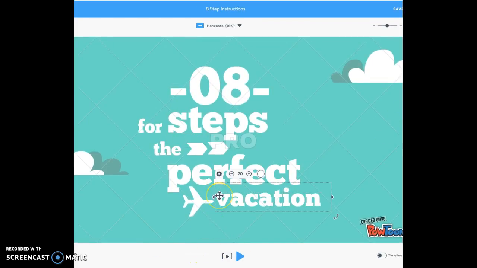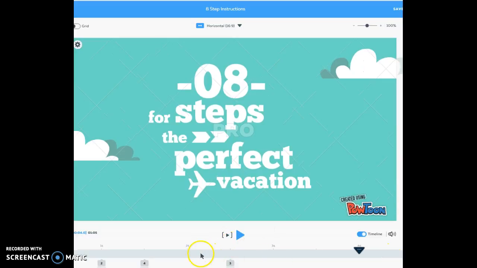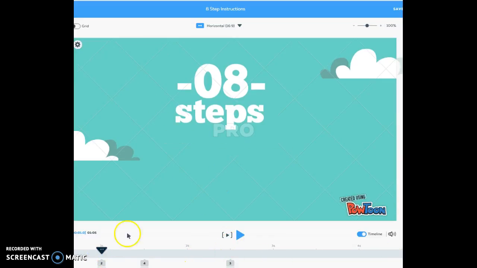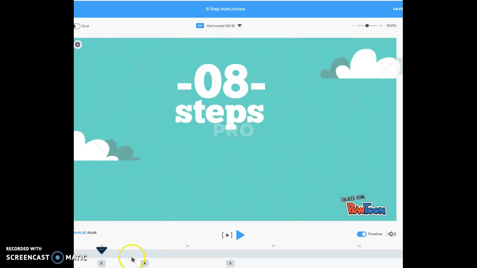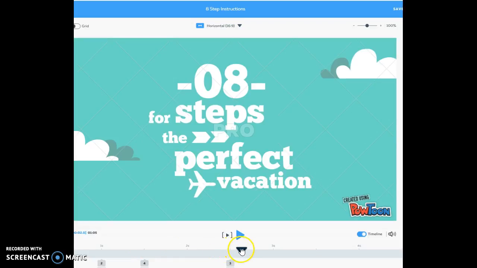And when editing things, let's see. So this timeline down here is like a godsend. You have to add things in your Powtoon at different points. So like you'll see here at however many seconds, this little box represents something popping up. And then you keep going and something else will pop up here. So it's all under the idea of it should only be so many seconds that you should have these different